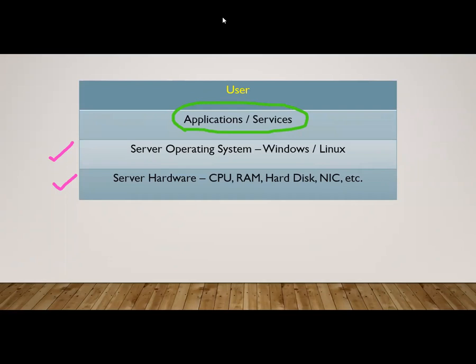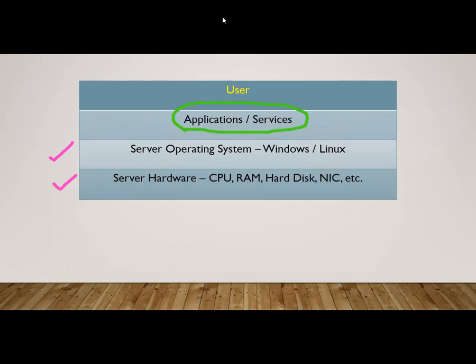Server is actually application. When you access your email like Gmail or Yahoo Mail, that means you are connected to some application. When you're transferring some money, you are connected to some banking application. When you're ordering some food using Zomato or Swiggy, you are connected to some application. Literally, whenever you connect to internet, you are connected to some application. The application can be a gaming application, or a banking application, or a social media application, or whatever. You are simply connected to an application.